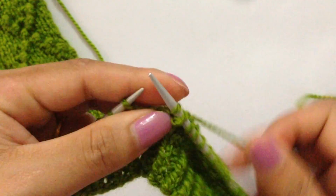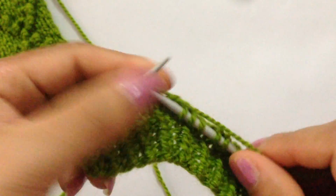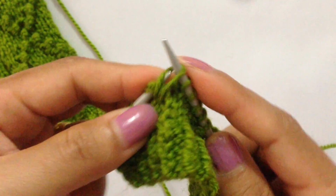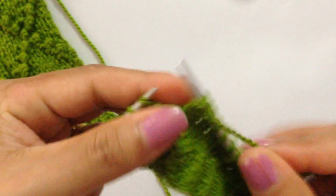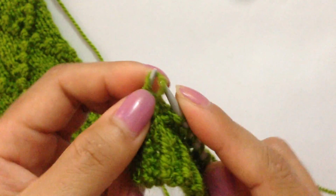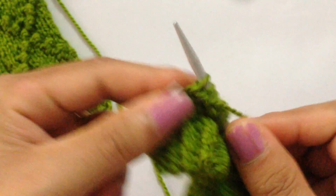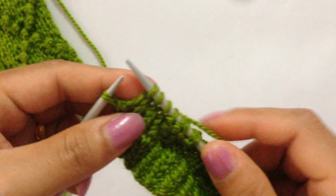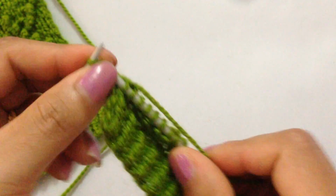So we have finished the repeat pattern. We have done 2 repeats here, and for the last repeat you're going to knit 3, 1, 2, 3 and make a small bubble, pull 2 together and pull 1, bring the yarn in back and another small bubble and place it on your needle, bring the yarn in front and pull 2 together and pull 1 and knit 3, 1, 2, 3 and then we're going to knit 1. For the last repeat we're not going to pull 2 here, right? So at last we're going to knit 1